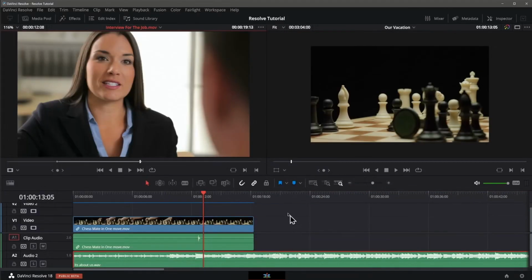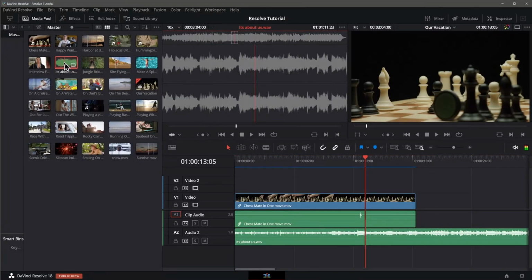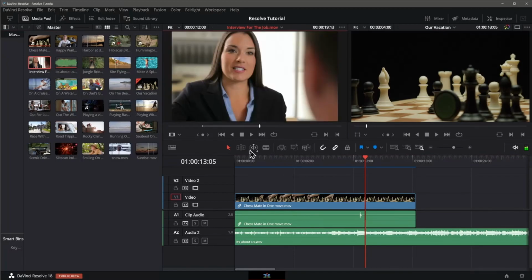I'll close the media pool once again and adjust our UI so we get a better view of things. Notice that there's a red outline around A1, but not around V1 or 2 here. And the reason for that is the last thing we selected in the media pool was purely audio. If I select a video clip, you can see that the red box moves up to the video track. This red outline indicates what track is going to receive content when we use one of the tools to add